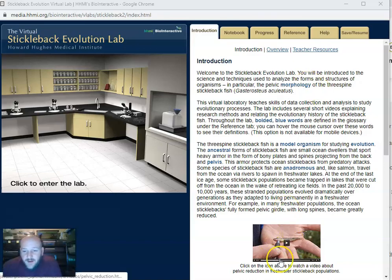It starts with a video describing the presence and the absence of these stickleback limbs, and gets you excited about why we might be seeing a difference there. There are a whole bunch of resources for teachers, which I also like, so there's a lot in here that's valuable. Once we enter the lab here, the first thing it allows us to do